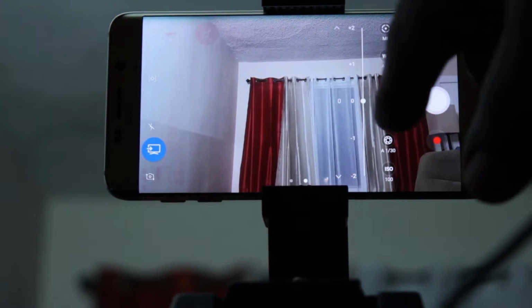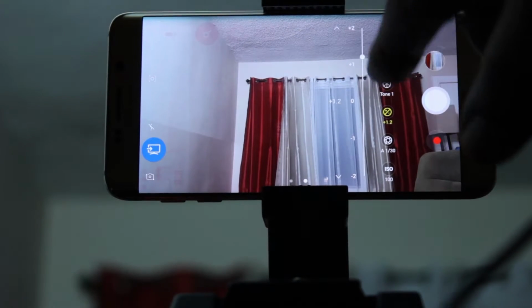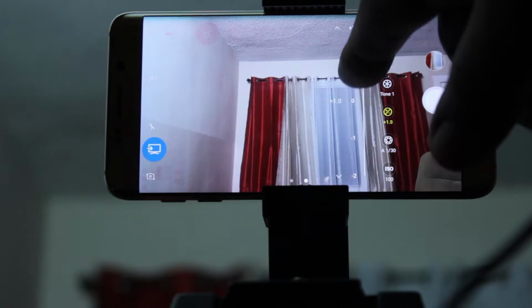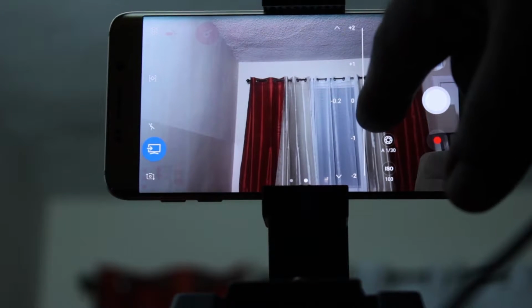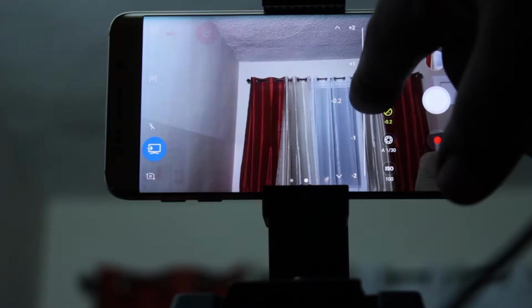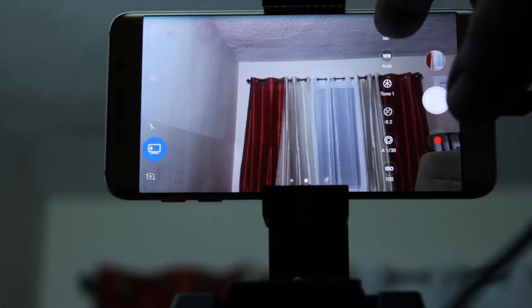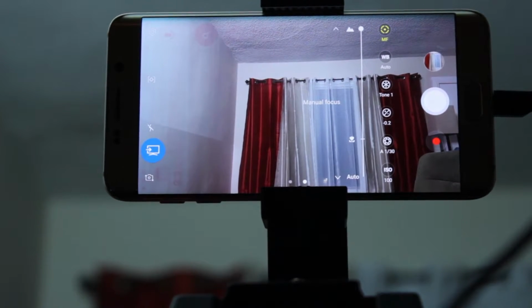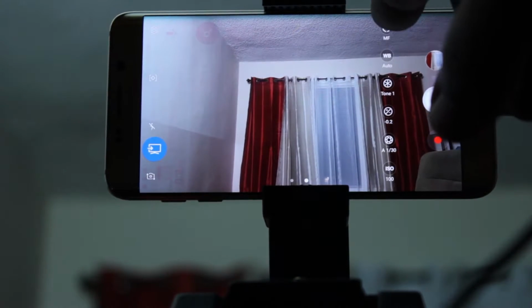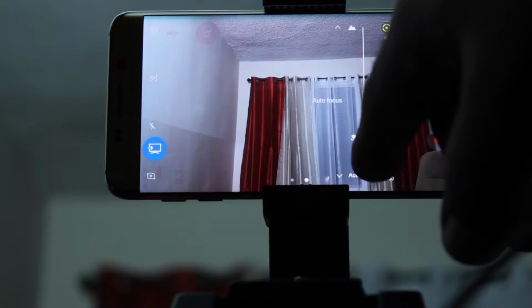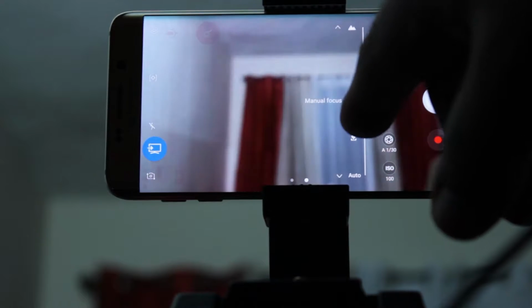So let's go to brightness. You can see everything is on a slider, which I like. You can brighten the scene and darken it as well. And I said this is settings for 4K, but this is the Pro settings, and you can have it on different settings that are not 4K. We'll go into that. And this is focus, so you can have it on auto focus, and